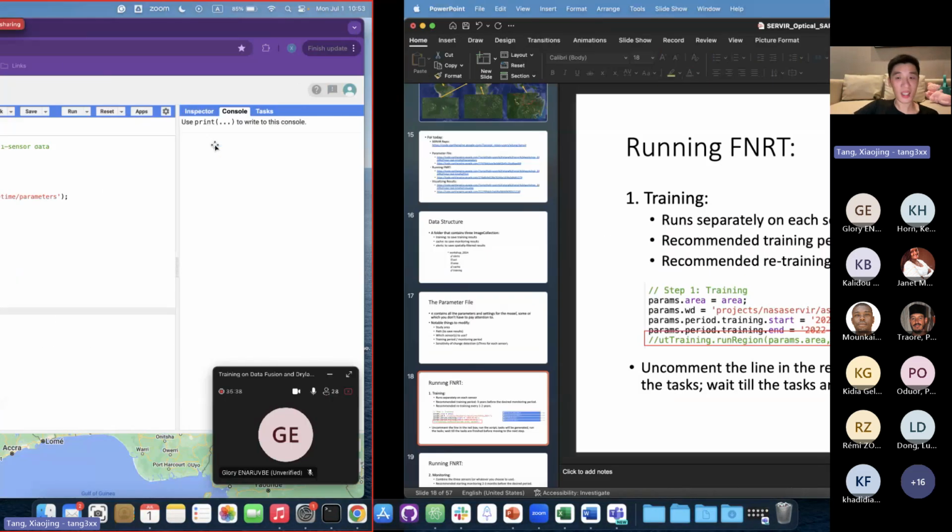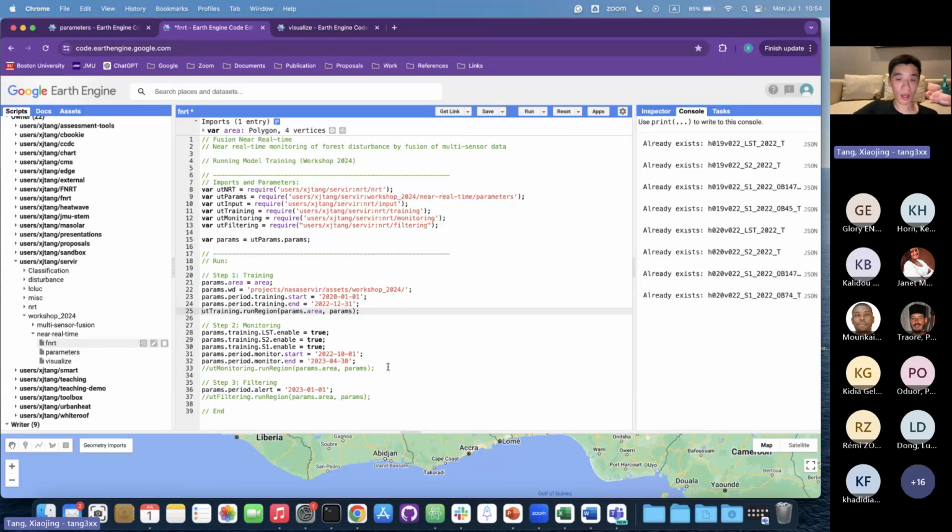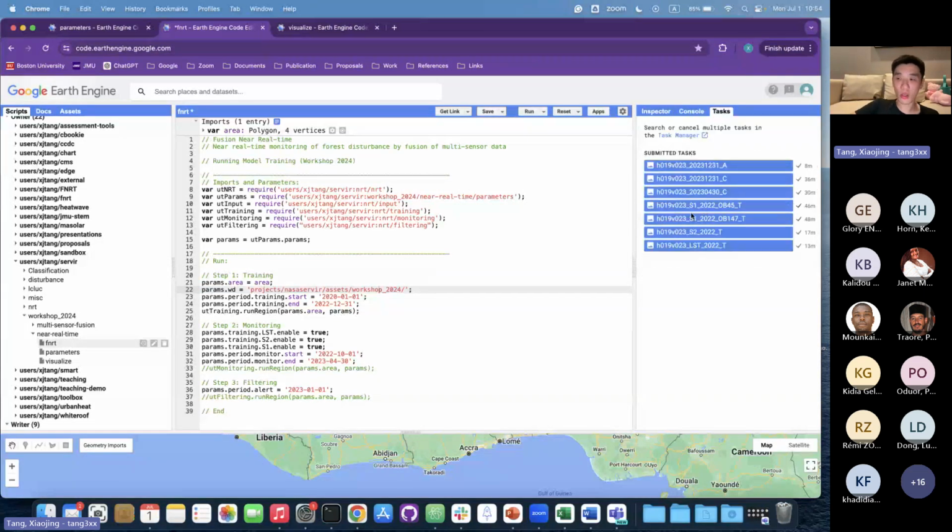So I'm not going to run it now. As I mentioned, I have already run it for our study area for Northern Ghana. So as you can see, it's giving me this warning that this tile's results already exist. If you're doing things in Northern Ghana, it will tell you the same thing. The results already exist, so you don't have to do it. But if you're running it in a different region, or if you have changed the working directory to your own folder, then new tasks should be generated, and you should be able to run it to actually run the